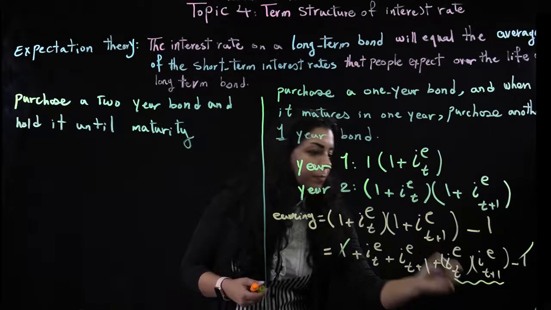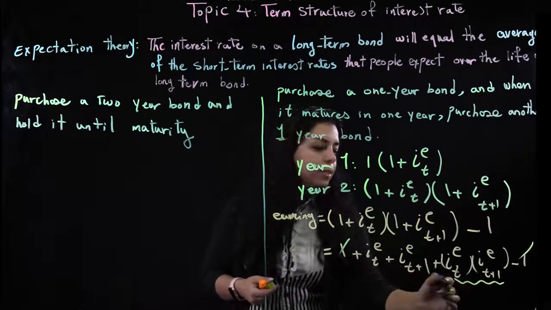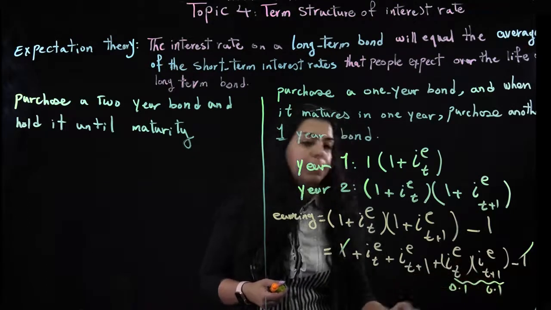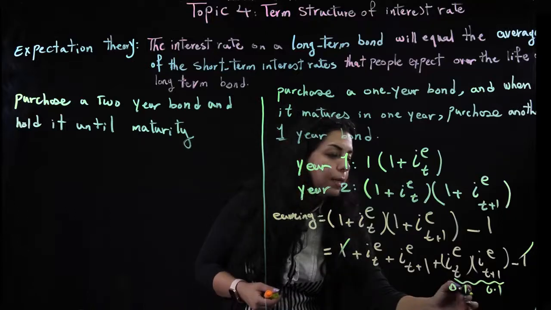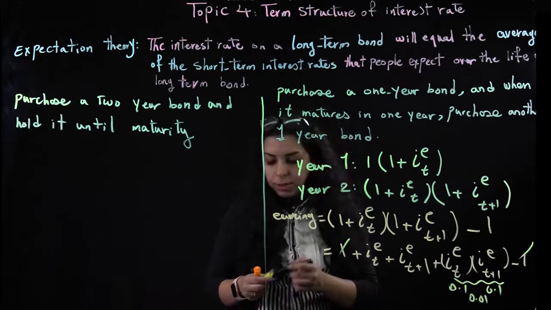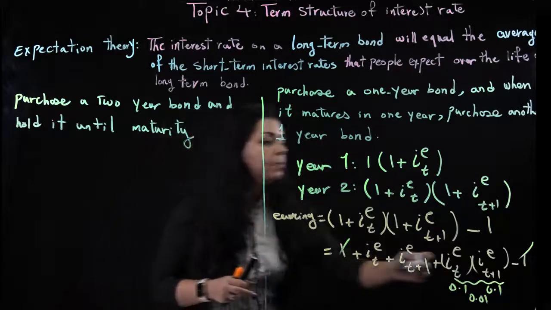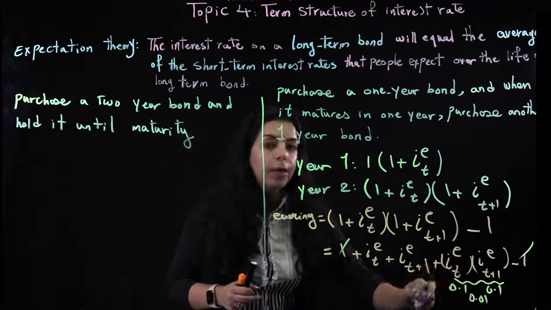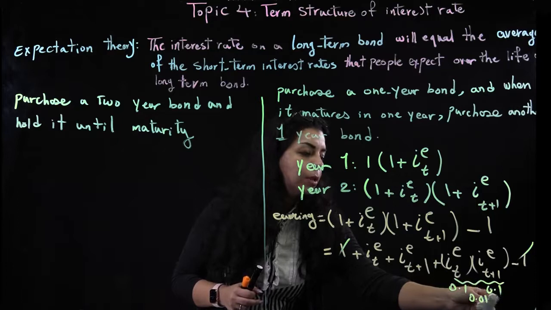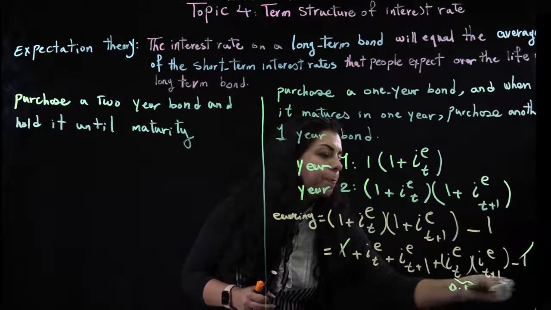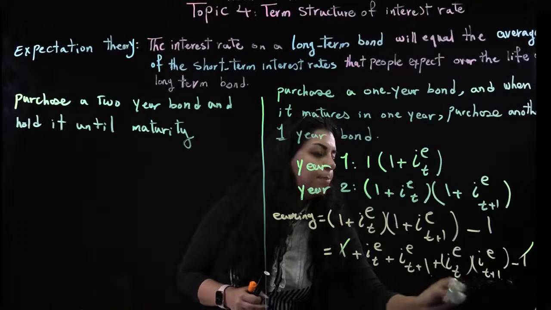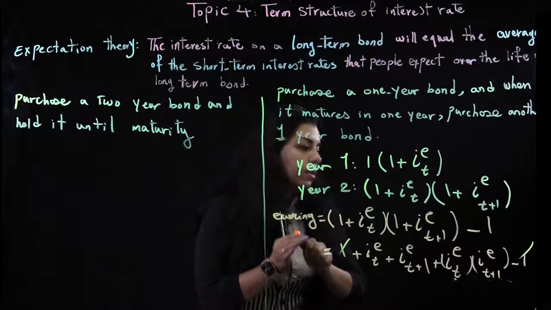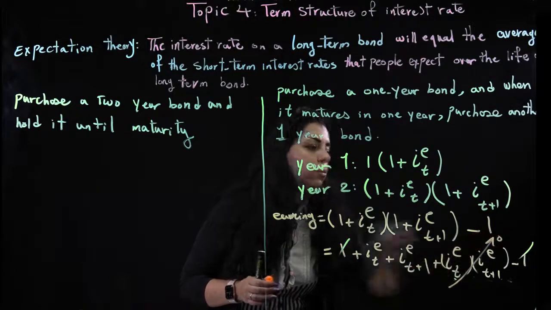We reach this point. This is an interest rate. This is also an interest rate. Let's say, for example, this interest rate is 10% and this interest rate is also 10%. Once we multiply them by each other, the result will be 0.01, which is a very small number. Since both of these interest rates are small numbers, once we multiply them, the number is very small. So it's better that we skip this part, and we assume that it is almost equal to 0.